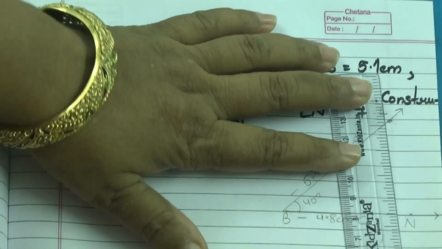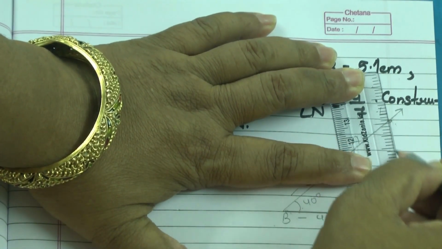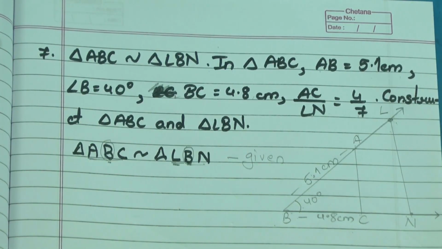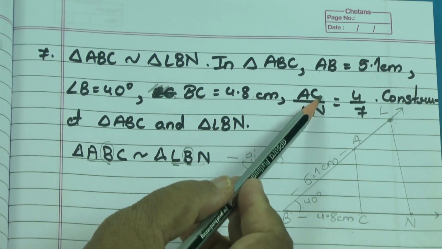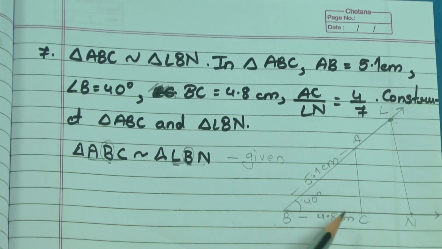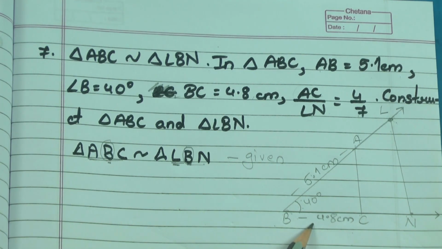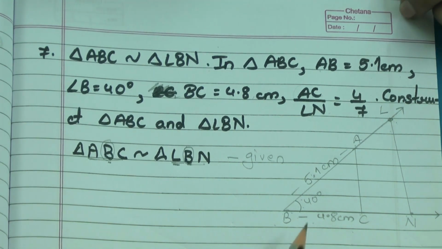So this is a rough diagram which we have to construct. So these are not two separate triangles. If ratio is given, then we use that ratio and find the sides of other triangle and draw it, but they are sharing a common vertex B. So the method is, first we will construct triangle ABC, and for triangle ABC we will draw a line BC 4.8.